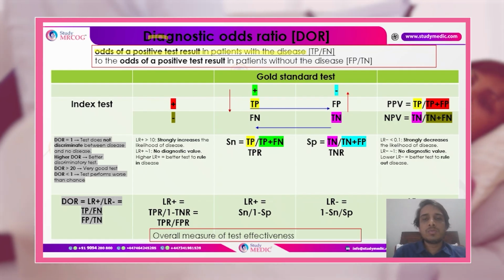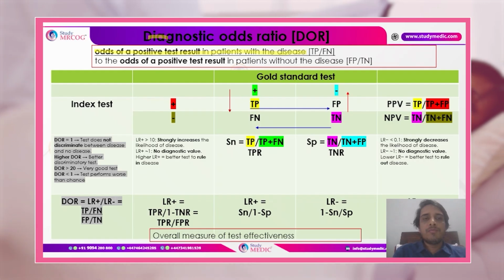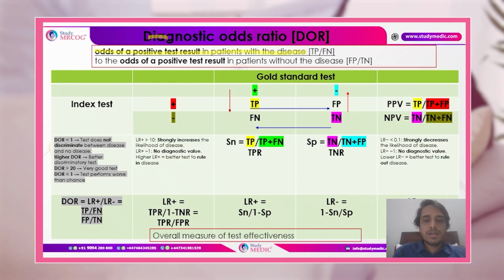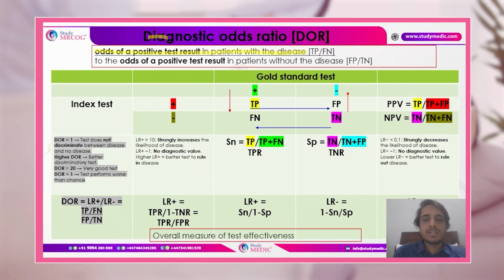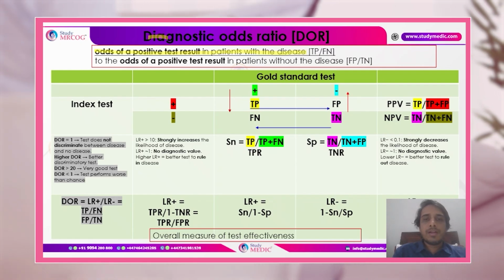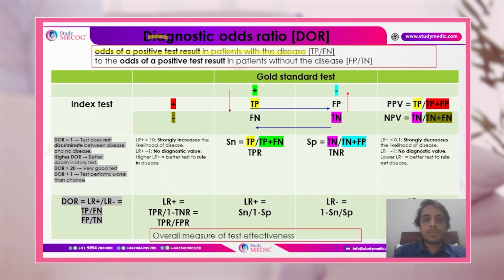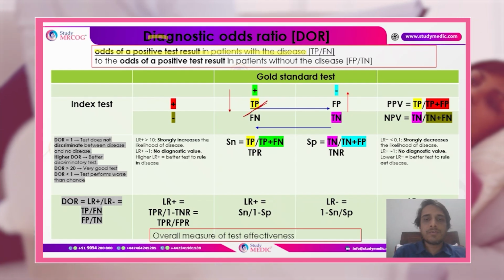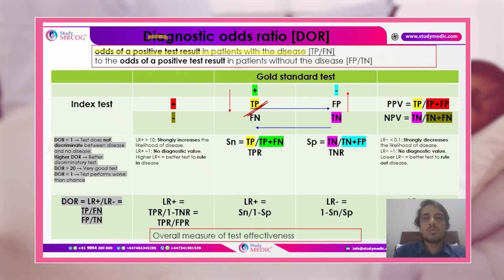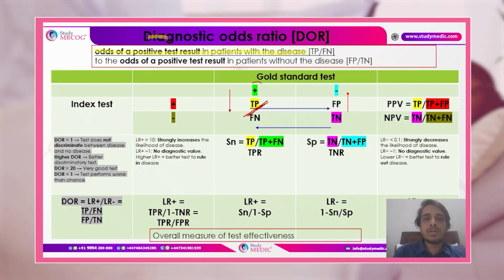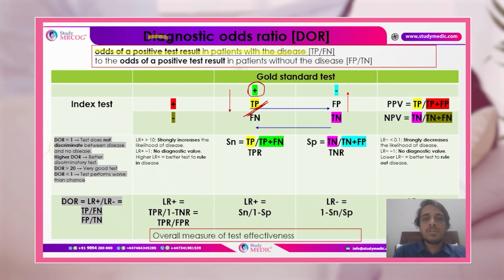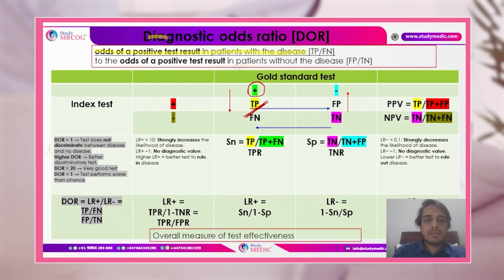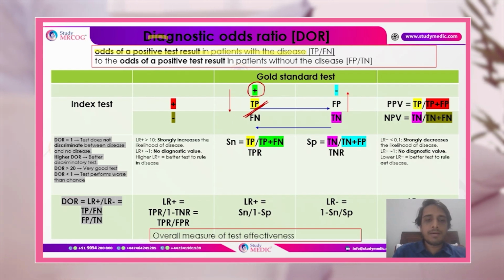That means, what are the odds of a positive test result in patients with the disease? That is true positive by false negative, the odds in those with the disease. So these are the people with the disease. The odds that the test is positive is true positive by false negative, and this is divided by